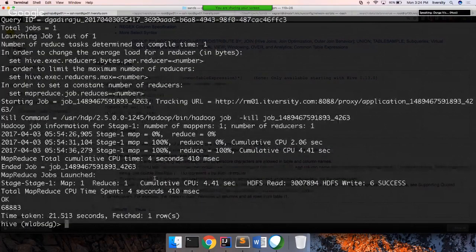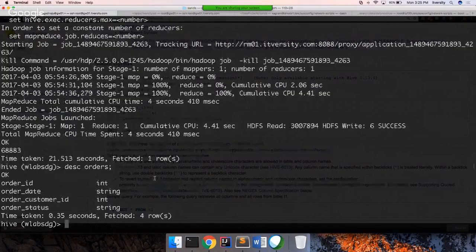Okay, so this is how you can get the count of orders. But when you use aggregate functions, this is we are trying to get the count of all the orders. Now, if you want to get the count of orders by status, so if you look into the orders table,